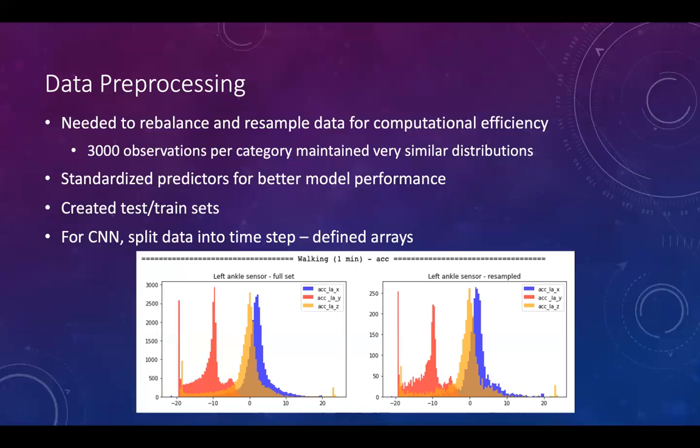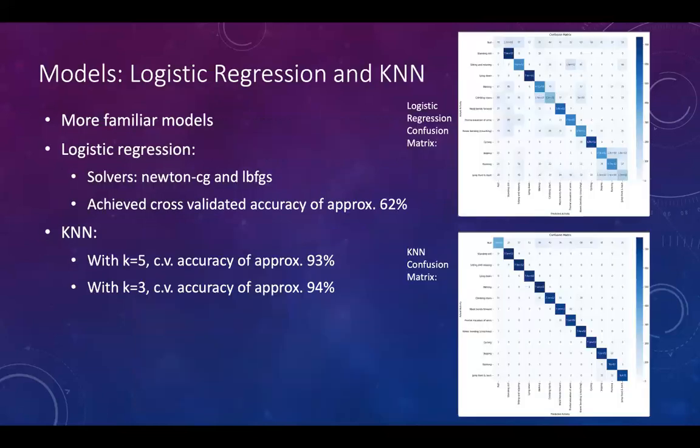I standardized the predictors for better performance on my models, and split the data between test and train sets. And then for the convolutional neural network, which I'll get into later, I had to do some additional pre-processing. So the first set of models that I utilized for my analysis were logistic regression and k-nearest neighbors, models that